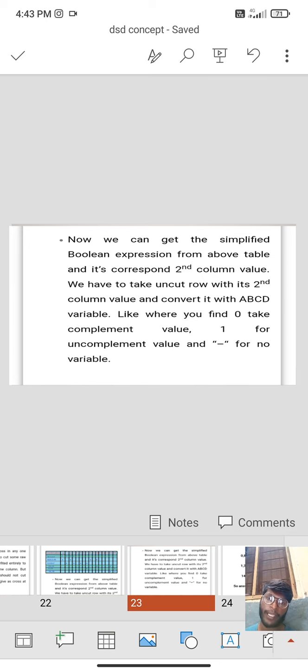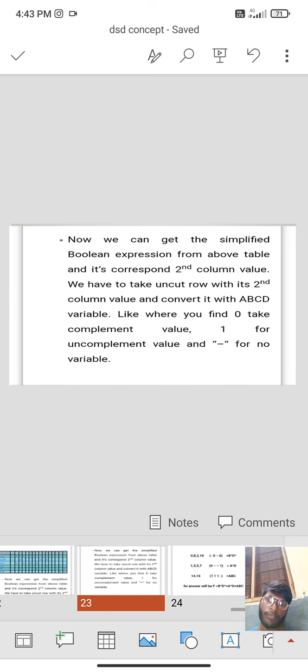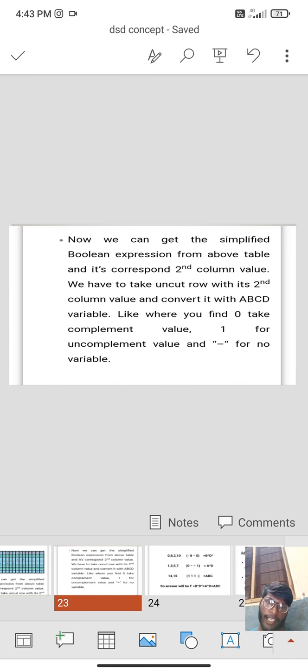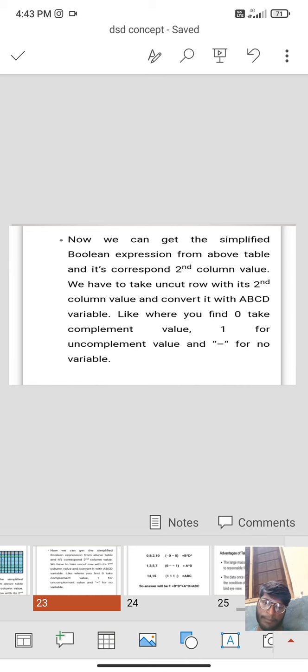We have to take the uncut row with its second column value and convert it with the ABCD variables, like where you find 0 take the complemented value, 1 for the uncomplemented value, and a dash for no variable.